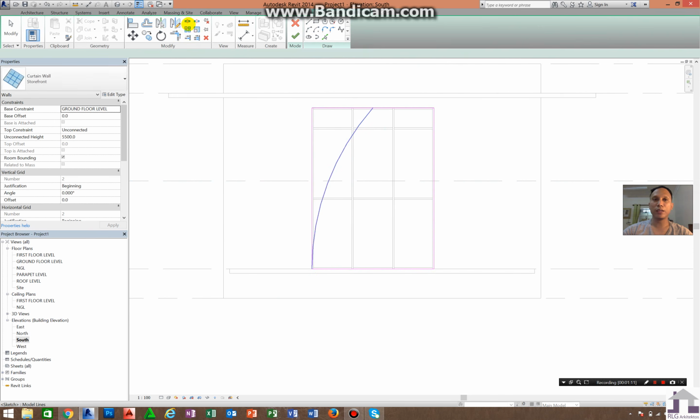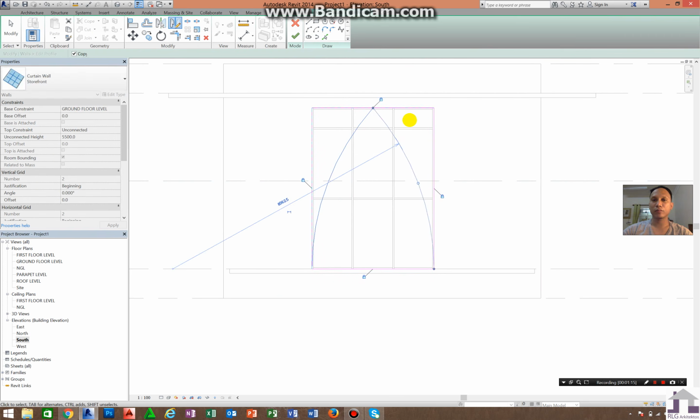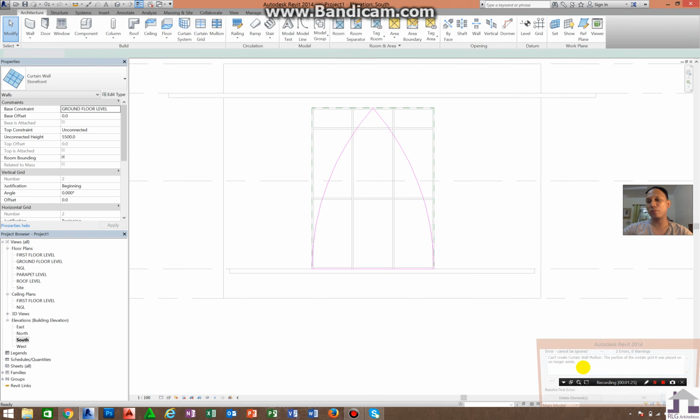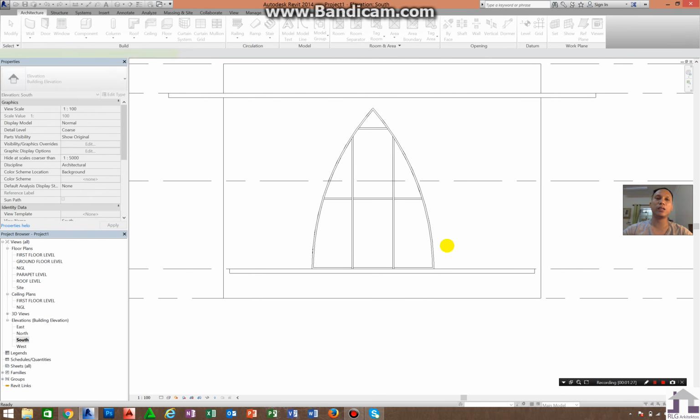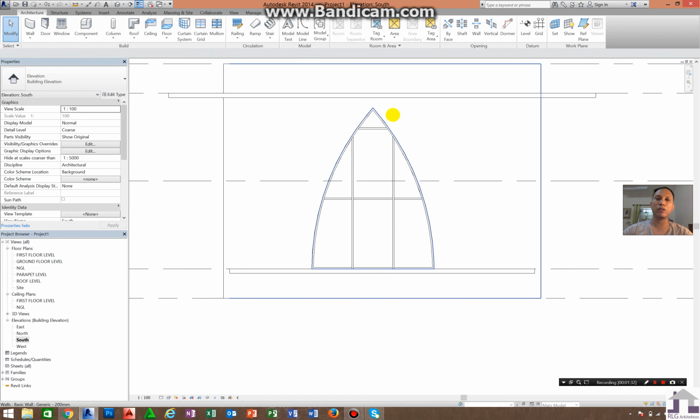Just click this one and mirror. Okay, and just delete this part, delete this part, delete this part. So I have this kind of arc. I click and delete elements here, delete element. So next thing to do, if I want to create a molding from here